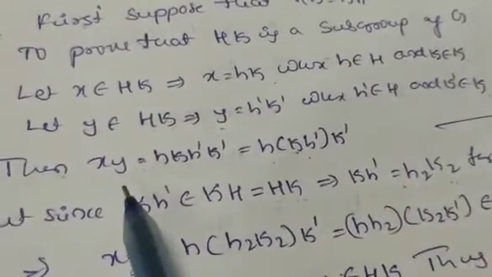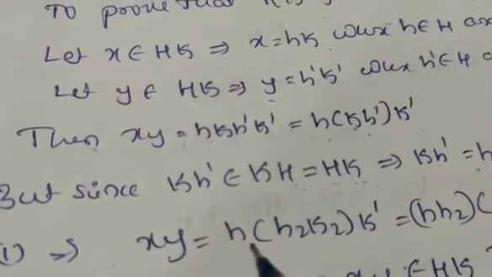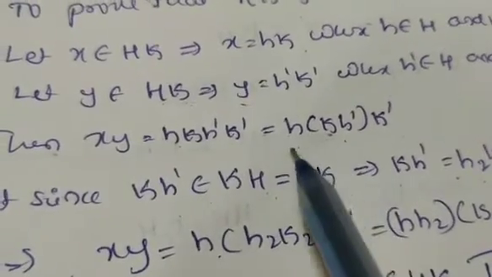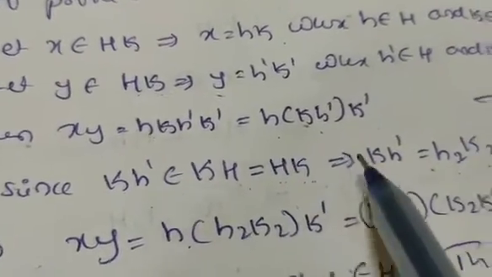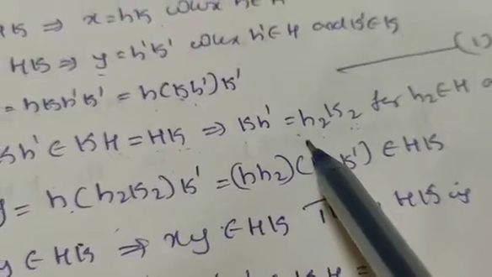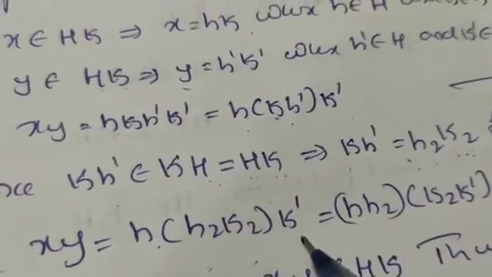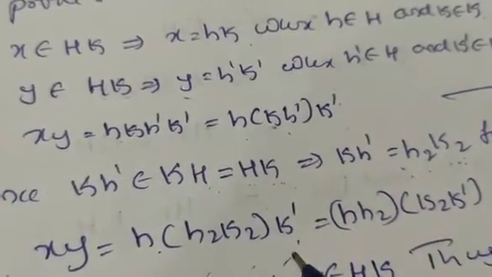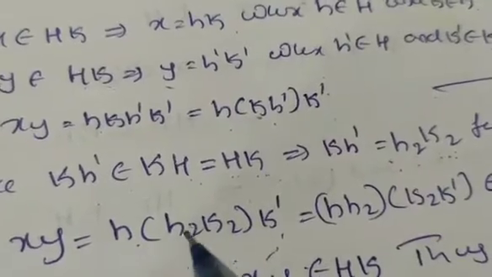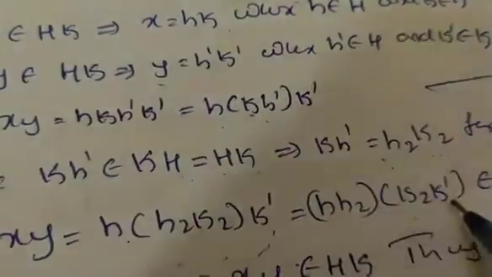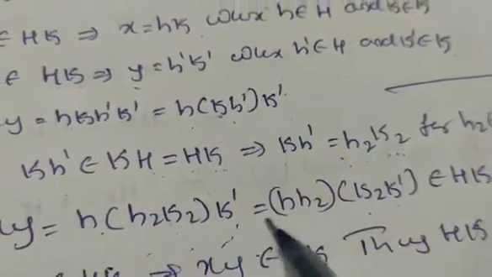So from equation number 1, x into y equals h into kh dash. So instead of this kh dash, what we have taken here is h2 k2 into this k dash, as in equation number 1. So this implies again we make this group h into h2 and k2 into k dash,